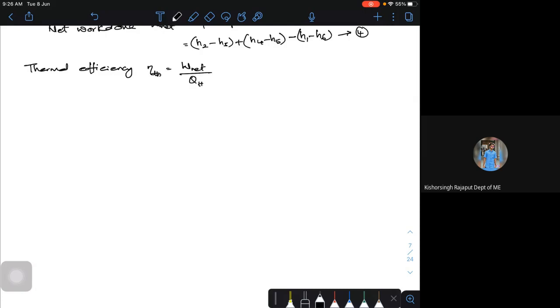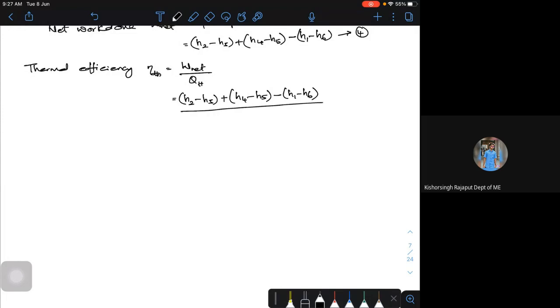What is the net work done? Just now we have got the expression. That is equation number 4: H2 minus H3 plus H4 minus H5, minus H1 minus H6, whole thing